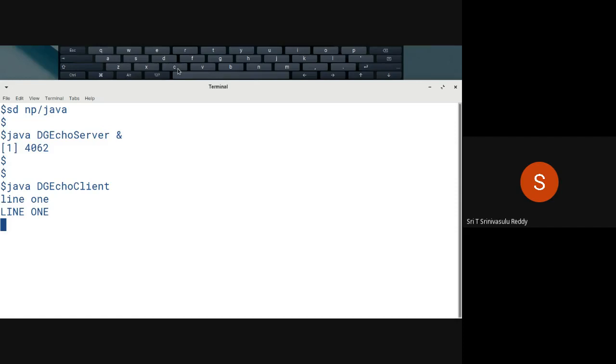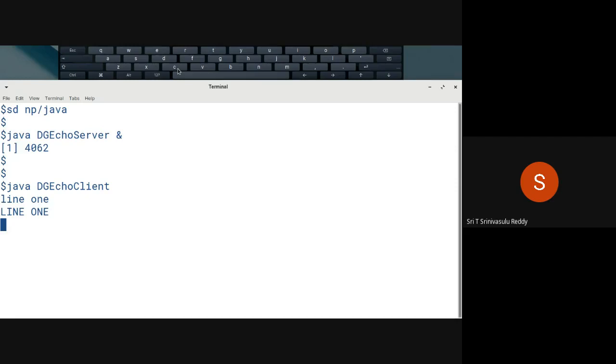You see now, line 1 is read by our client program, and it is sending that line 1 in lowercase, as it is, to the server. The server receives that line 1, converts it into uppercase, and sends the uppercase converted data back to the client.